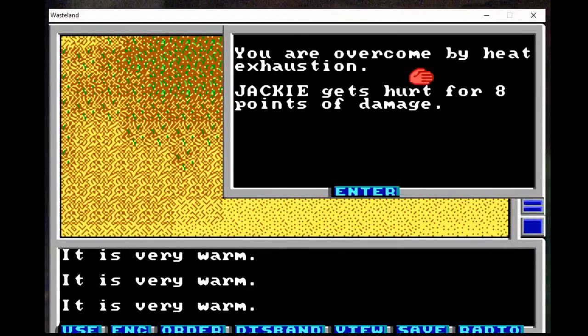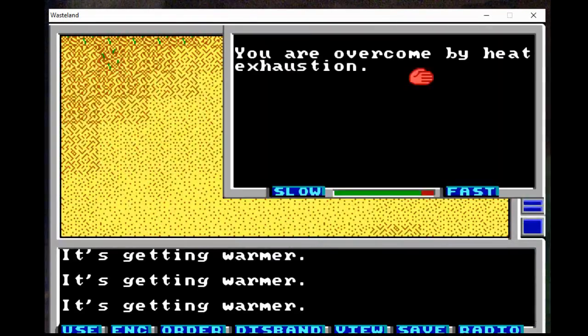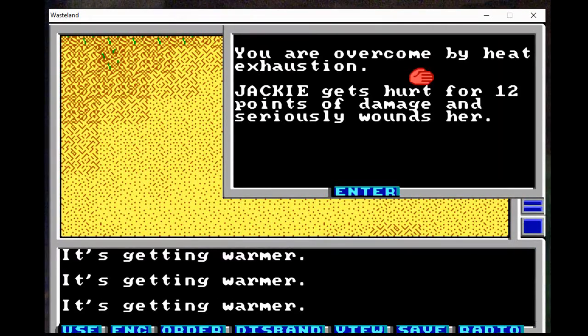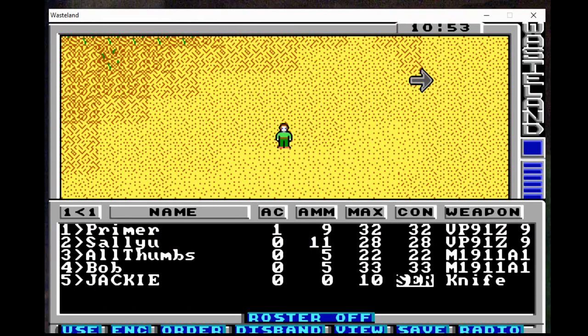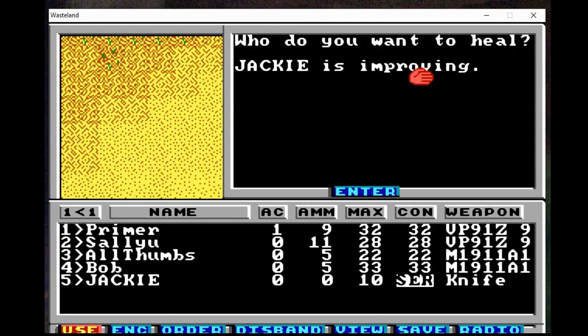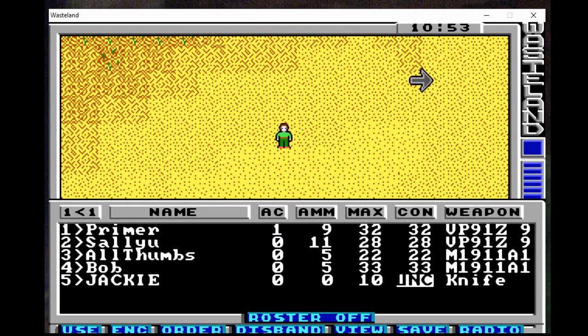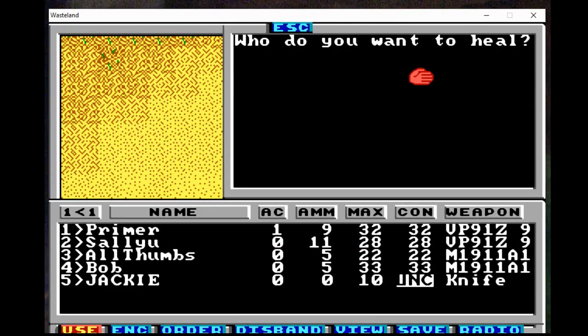Because of heat exhaustion. Serious heat exhaustion. So now Jackie is seriously wounded. Use primer, skill, medic on Jackie. Improving. Good. She's now unconscious. You'll notice that when I'm using the skill,